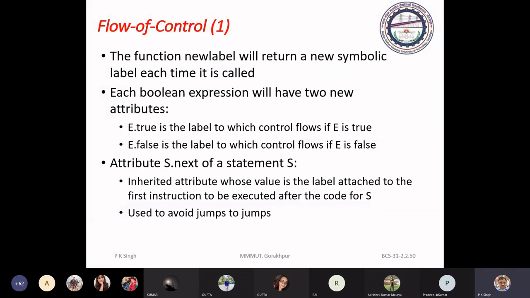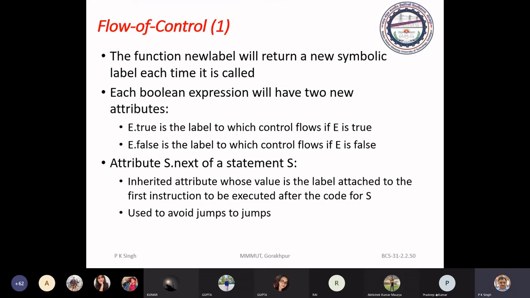Okay, and what we have to do is switch the control of execution to that very program segment. So in this translation scheme, we just do the switching of control of execution to the desired label.